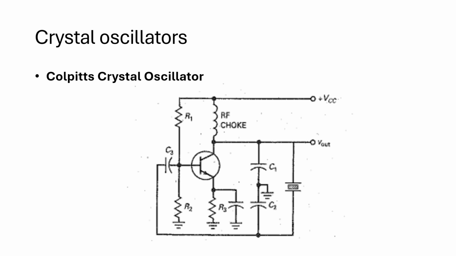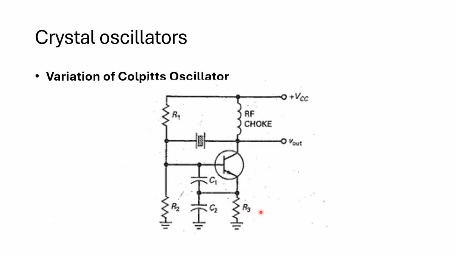So these are the different oscillator designs. This is a Colpitts crystal oscillator. As you can see, we have two capacitors here, just like in the Colpitts LC oscillator. The only difference is that instead of using an inductor, we make use of a crystal, which provides the frequency of oscillation, or FR. Variations of Colpitts: this is also a variation. Look at how you make your oscillator circuit simple by using this one.